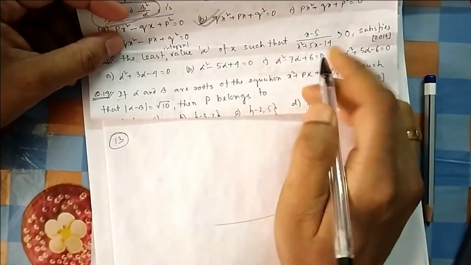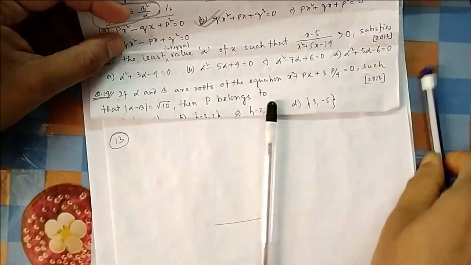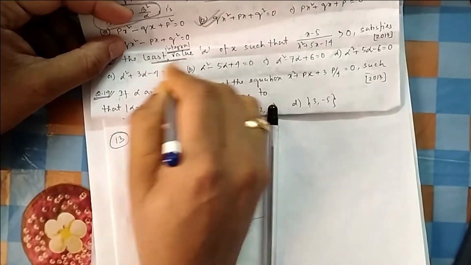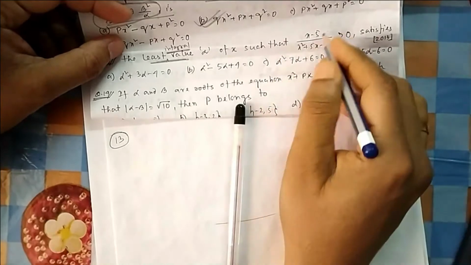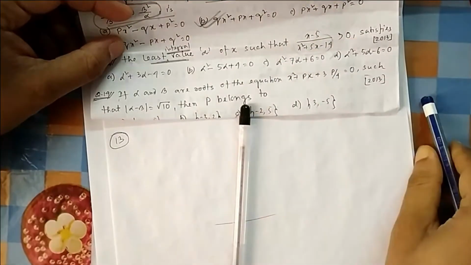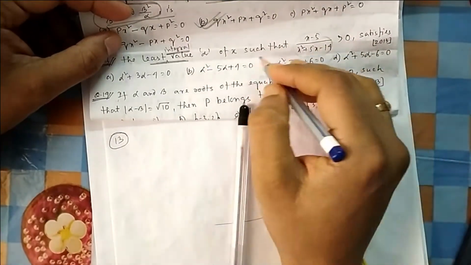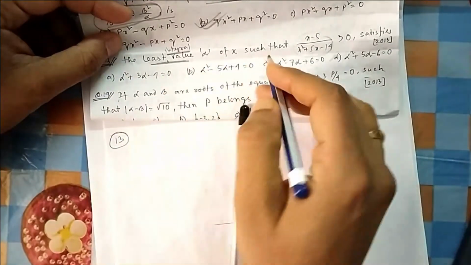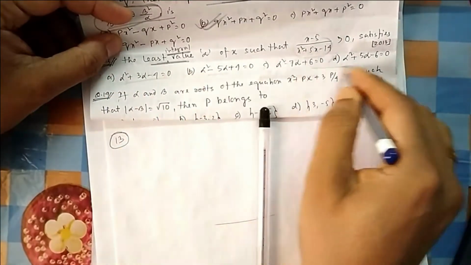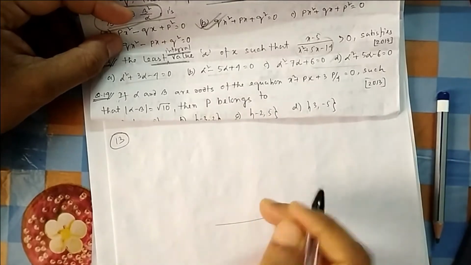So the inequality we already have, the least integral value of alpha, this one also you have to be very careful. Integral means it should be an integer, it should not be any value, such that these inequalities hold true. So from that you will get alpha, and that value of alpha which you are getting should satisfy any one of these equations. Which equation it is satisfying, you have to check.